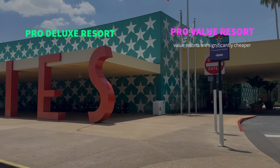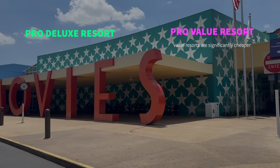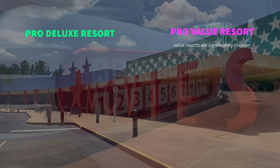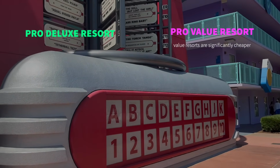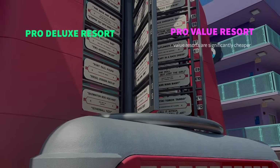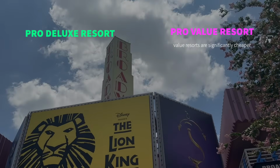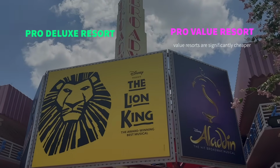To give you a bit of context, here are some ballpark prices for the values. Typically, All-Star resorts are usually $180 to $200 per night. Pop Century, $220 to $260. Art of Animation, $250, while the family suites are at $600. So basically, I can stay at Pop Century for 2 to 3 nights for the price of one standard night